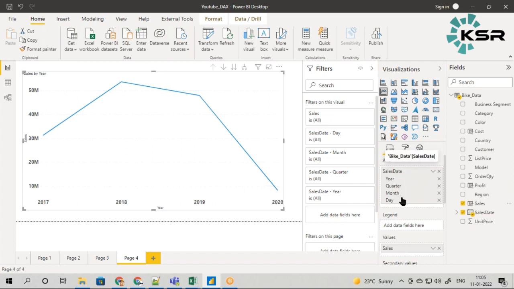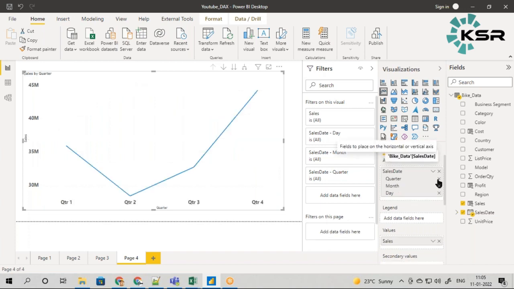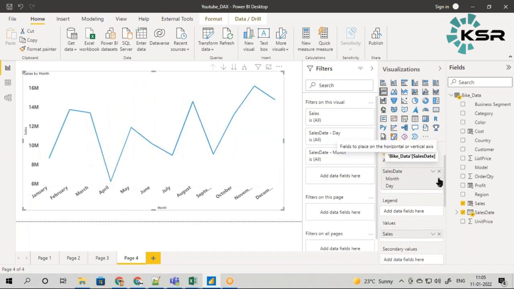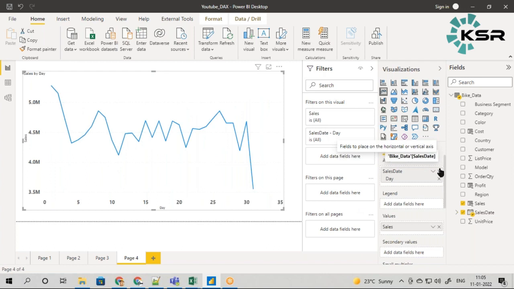Since it is a date data type, you're already seeing year, quarter, month and date. If you want it with respect to quarter, you can get it with respect to quarter. If you want month, you can still get month. Or if you want date, you can still get it.